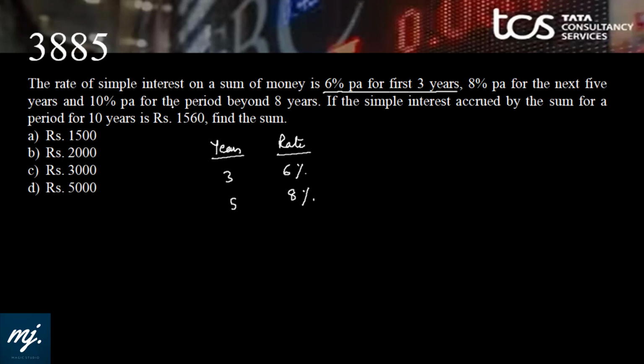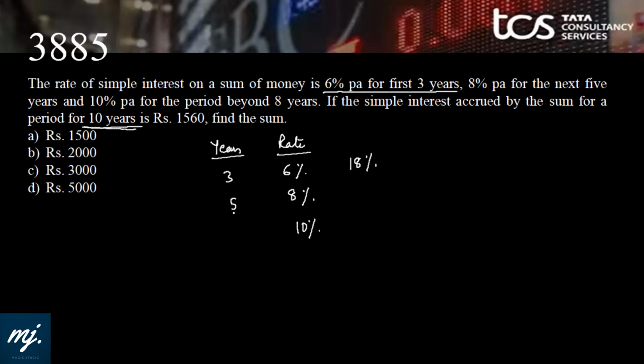And 10% per annum for the period beyond 8 years. This is beyond 8 years. If the simple interest accrued by the sum for the period of 10 years is 1560, find the sum. That means how much is the total interest which we have earned. For the first 3 years, it is 6% per annum. That means combined it would be 6 plus 6 plus 6 or 3 into 6,